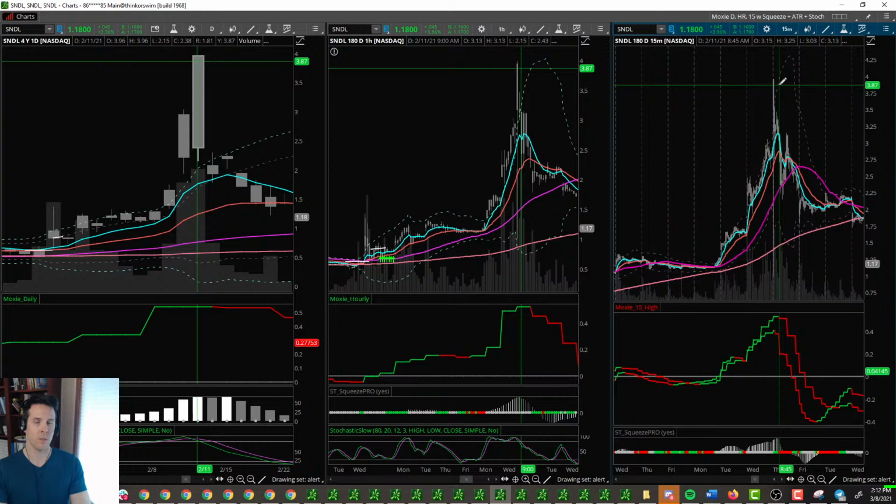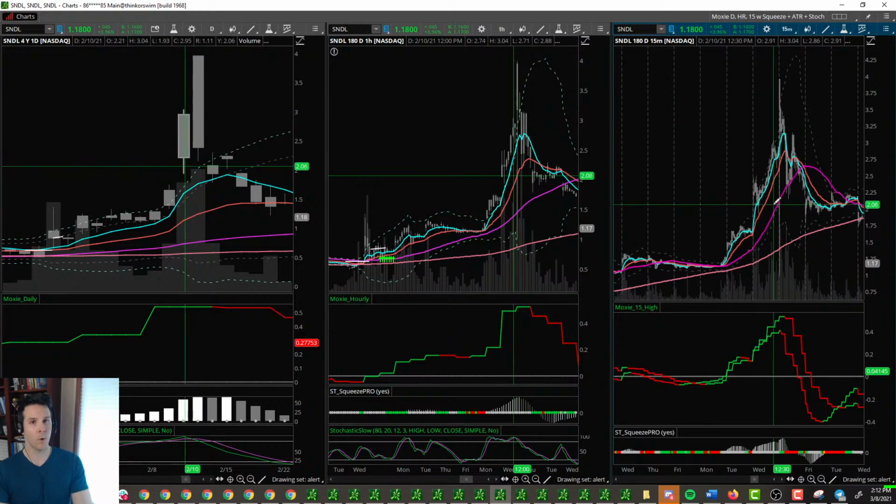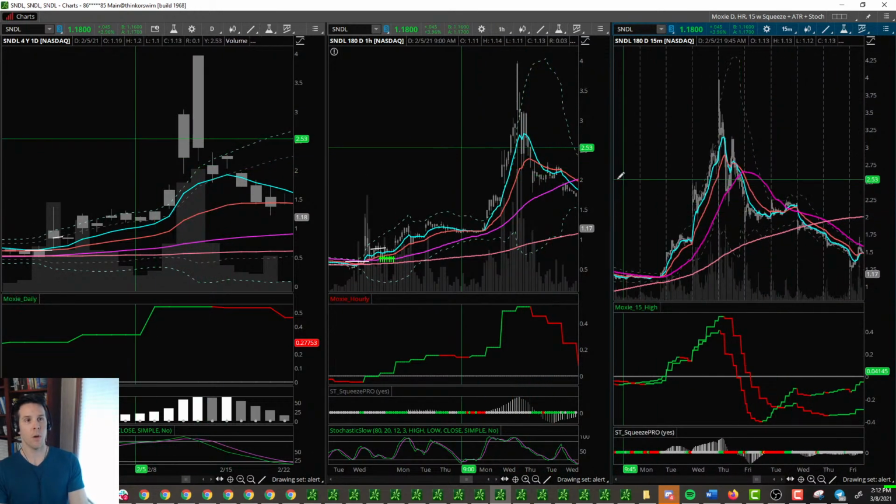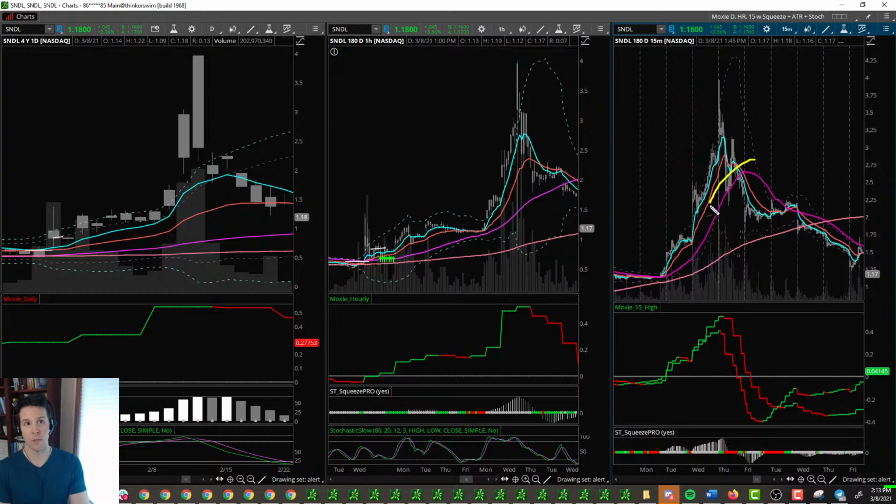So we're like, okay, is this going to hold or not? And it didn't hold. And at that point, I probably could have done better about taking a little bit more off and cashing in, because one of my rules is, the names do really well as long as they are generally following the 15-minute 50. And you can see right here that the next day, price actually fell off of the 15-minute 50. So I should have taken more off that day.